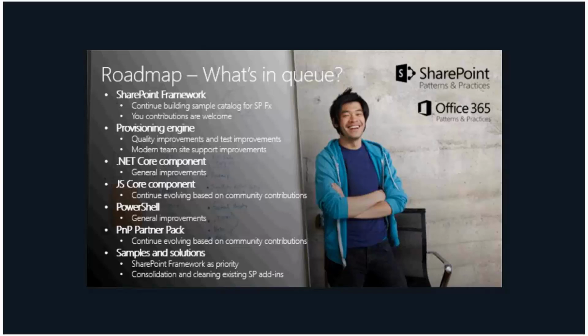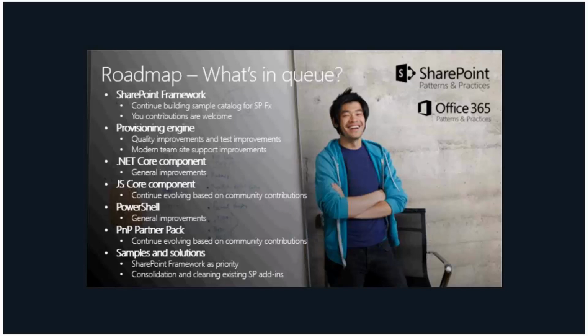So those things which we can customize related to modern team sites, we add in native support in the provisioning engine. The customization story isn't really super flexible for the time being with modern team sites. And we will release an MSDN article around that one, most likely later this week or early next week. .NET Core component, general improvements related to team site provisioning, JS Core component evolving to be based on